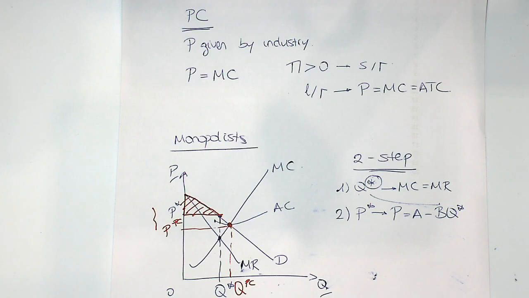Okay, so how do you calculate the marginal revenue and the marginal cost? Well, the marginal cost is just how the total cost increases when you increase quantity, so the differentiation of the total cost with respect to quantity. For the marginal revenue, you calculate the total revenue, which was price times quantity. It will give you this equation here, for example, and then you just differentiate with respect to quantity. You equate marginal revenue to marginal cost, and this gives you the output that the monopoly will set, which is